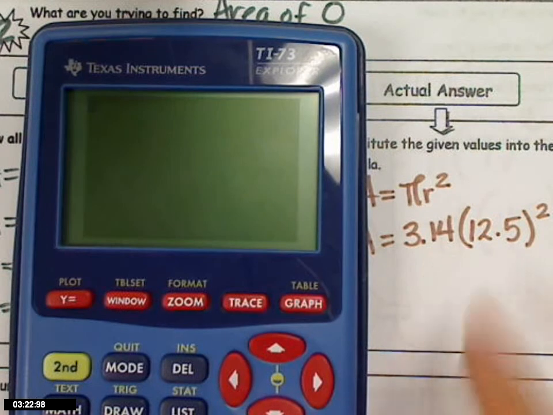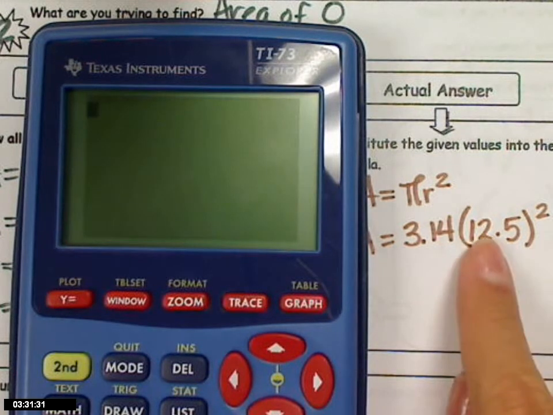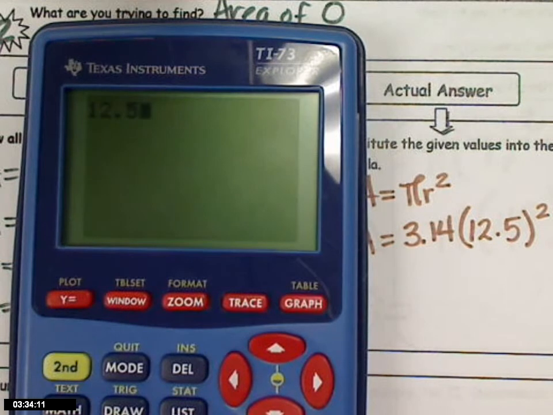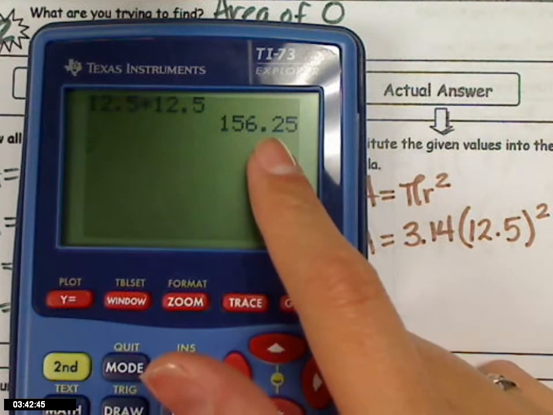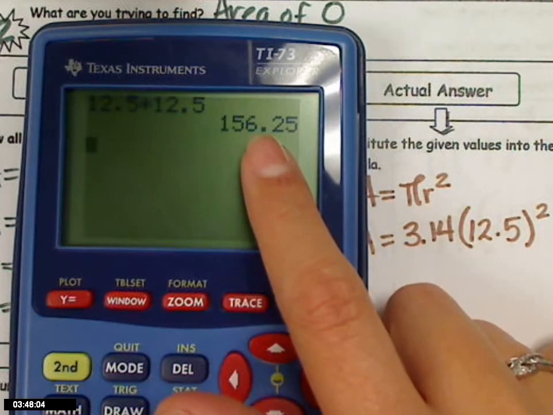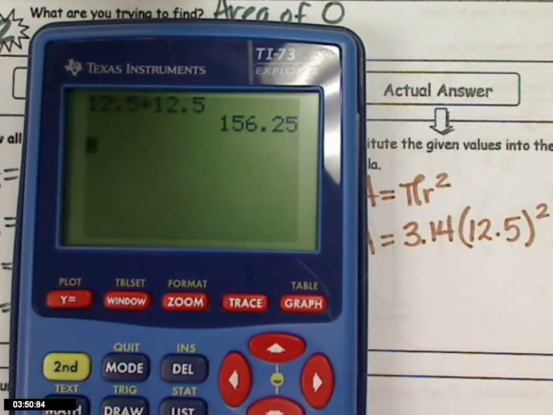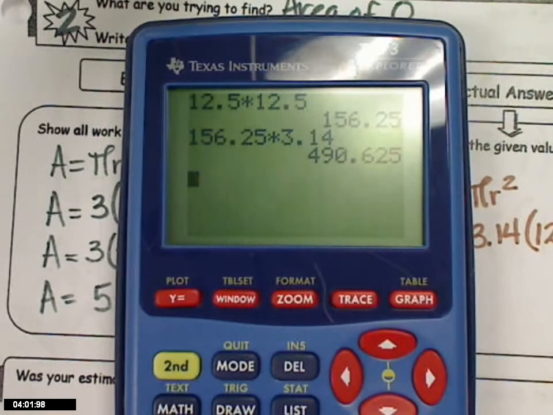So I have 3.14, which is pi, but can I do anything with the pi yet? No. What do I have to do first? Good. 12.5 times 12.5, and I get 156 and a fourth, or 0.25. Now, I can write this down for this answer if I want to. Now, what do I do with this 156? Multiply by pi. If I don't have a pi button, I would put 156.25 and multiply by 3.14. Can you see that? And you get